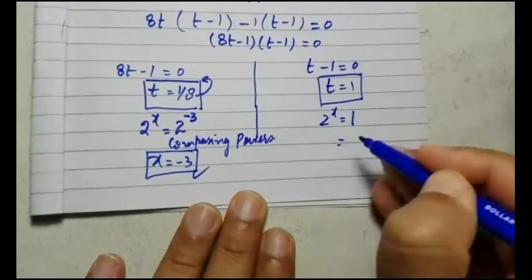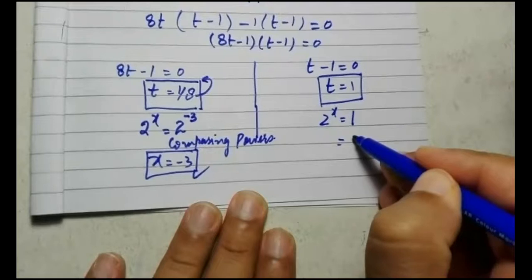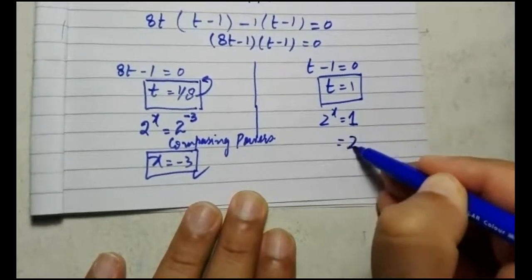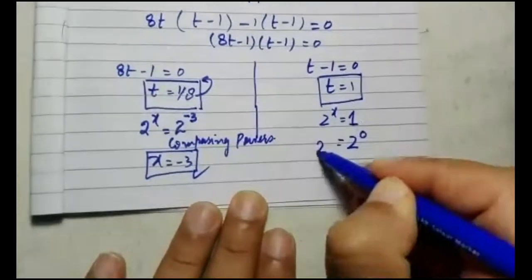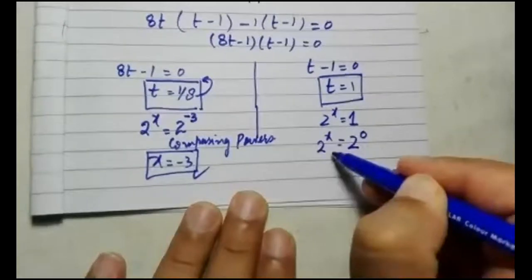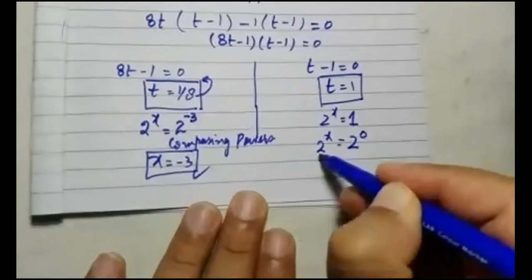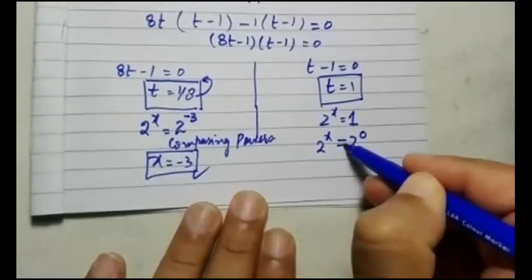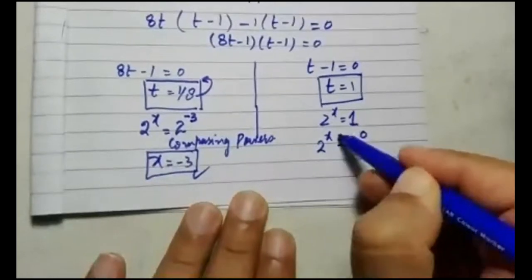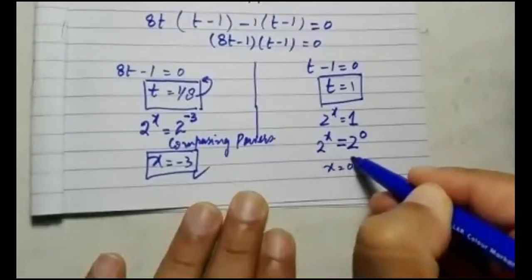If you remember that in class 9, we have learned that any number whose power is 0 is always equal to 1. So 1 is written. Can I write 1 as 2 raised to power 0? Because every number whose power is 0 is equal to 1. For your convenience, I am writing it as 2 raised to power 0, because on both sides the bases are the same and it is an equation, so both are equal. That means both will be equal only if x equals what? 0.